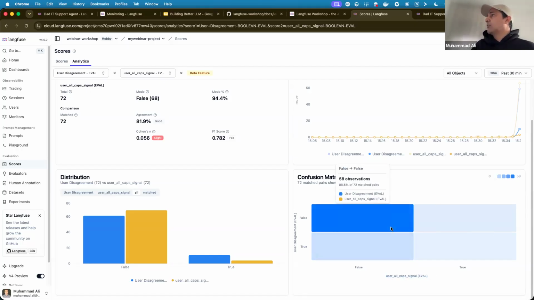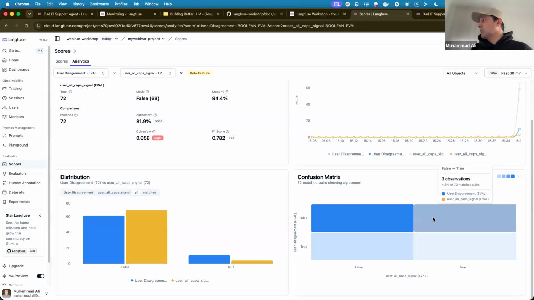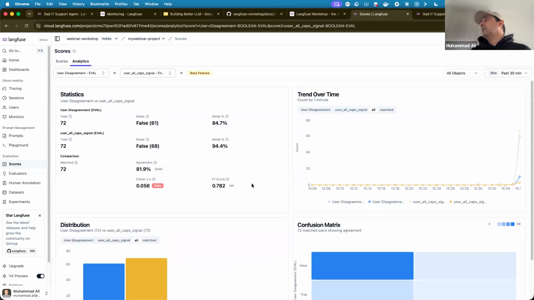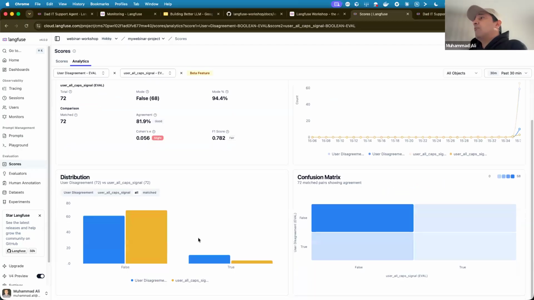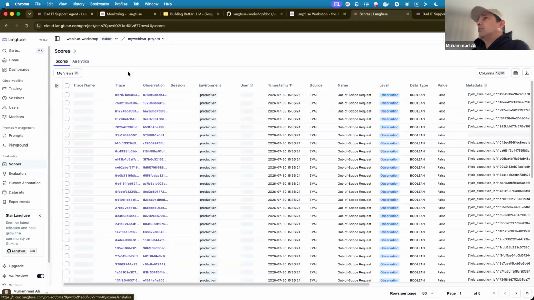It was able to figure out that there was one observation where the caps was on, but the user disagreement was false. So yeah, you can actually see the confusion matrix, your trend over time, your distribution of the score over your data, which is what the scores do.